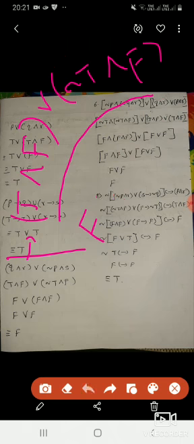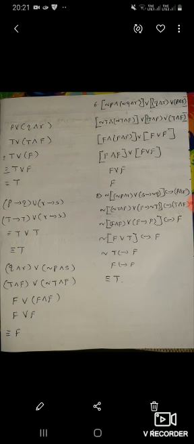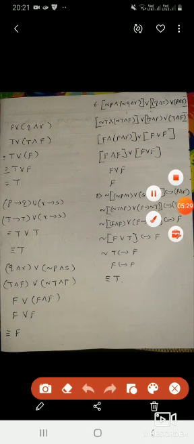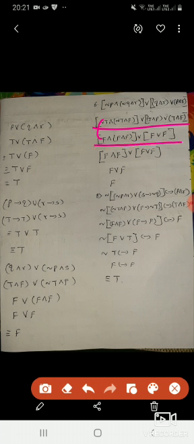Now see the next, the sixth sum. Listen, see this sum. First replace the values. In the first step we replace the values, where you want to write true and everything. Negation of true is false. So in the second step, within the bracket, false and false is false. So false or false. Therefore the statement is false.